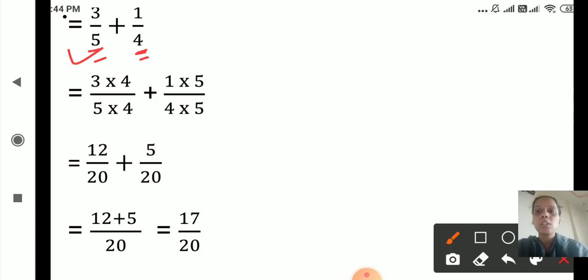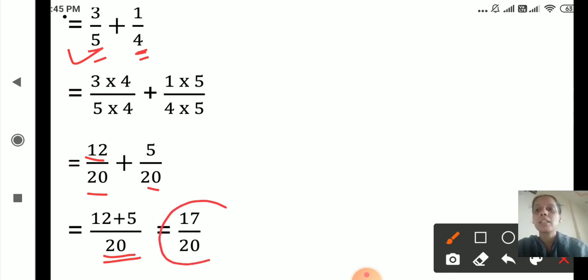Now after doing cross multiplication, we'll write down 3 fours are 12, 5 fours are 20. In between a plus sign, 5 ones are 5 and 5 fours are 20. Now see here, we got the denominators equal. Once we get the denominators equal, what will we do? We'll write down the denominator only once and add the numerators. What is there in the numerator? 12 plus 5, right? So 12 plus 5 upon 20 we write as it is. So 12 plus 5 is 17 upon 20.